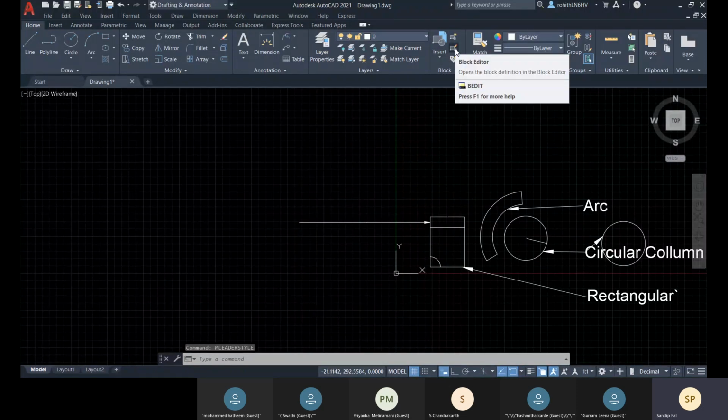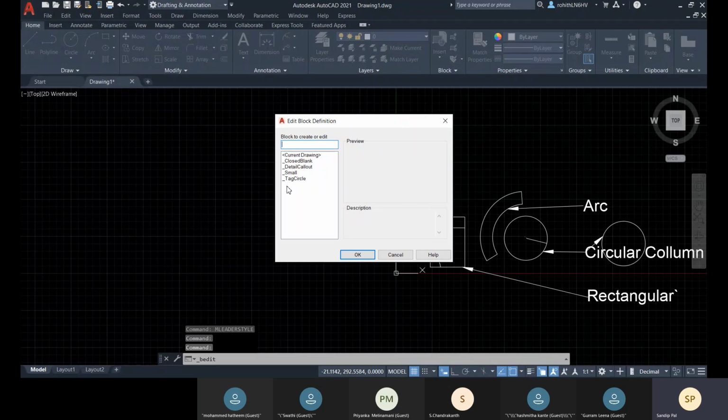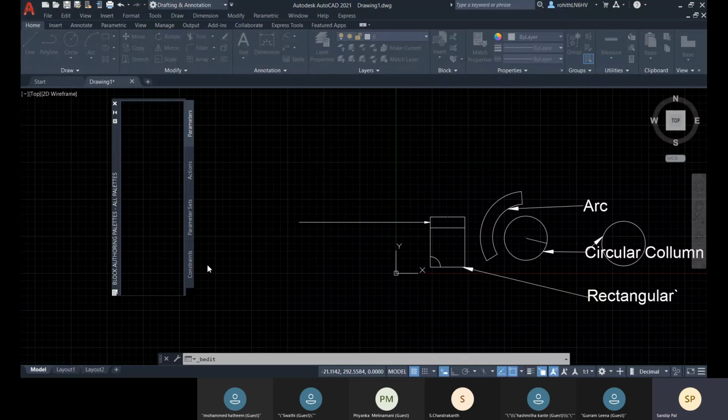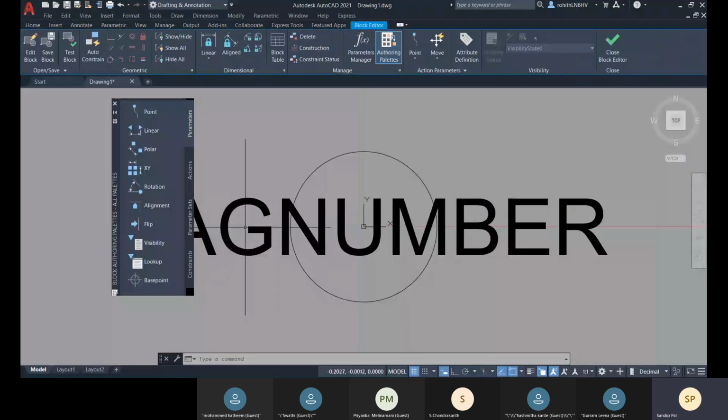What you do is you can come to this block editor, and there you have this tag circle option. This one is there. Okay. So you can come to this block editor, and there you can keep this tag.